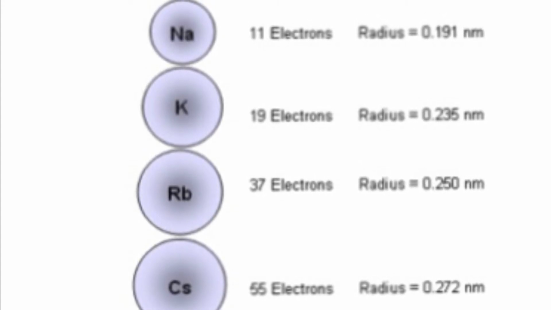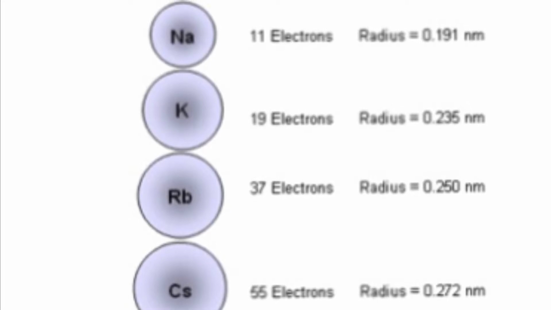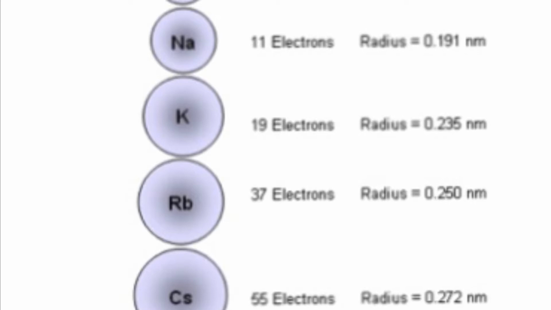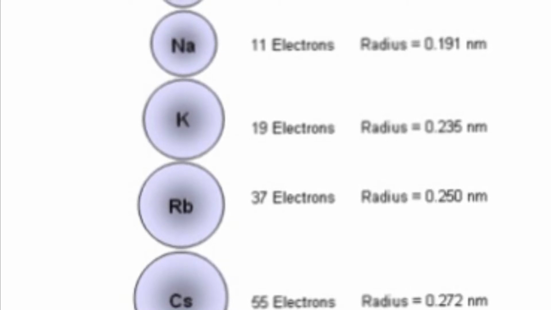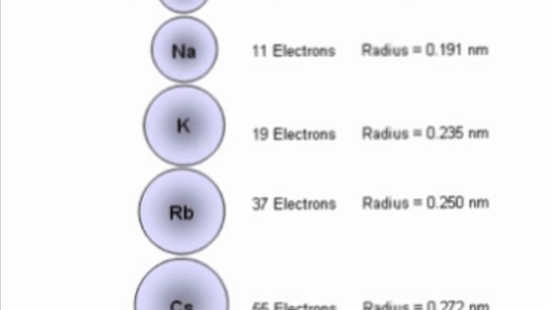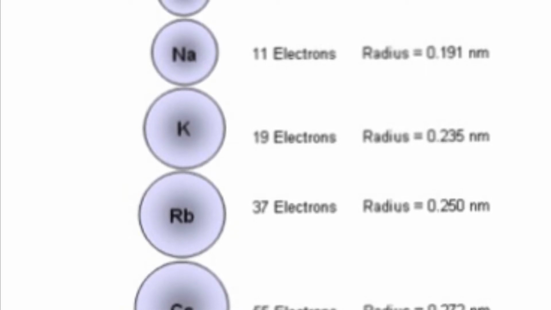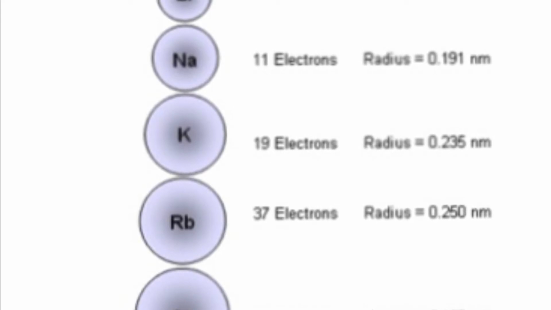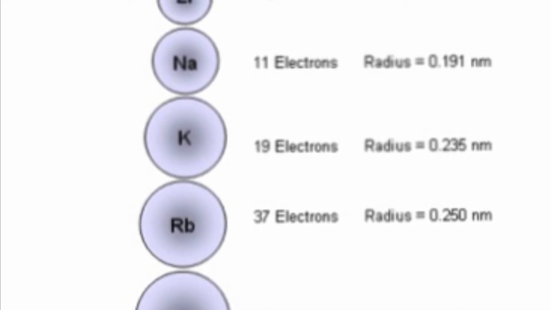As we have learned in the previous class about the periodic table, there will be a decrease in the atomic size across the period. That is, from moving left to right across the period, the atomic size decreases. What is the reason for this? Please comment in the comment section what the reason for the decreasing atomic size is, and you might have learned it in the previous classes. So now let us move on to the group.